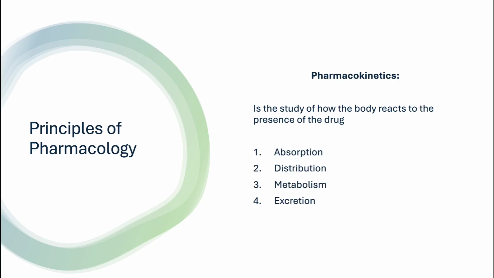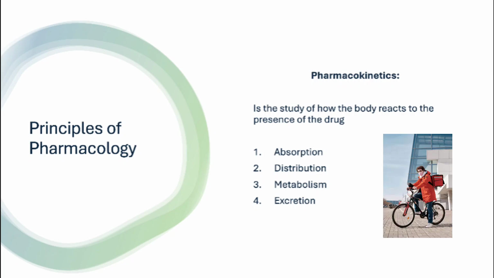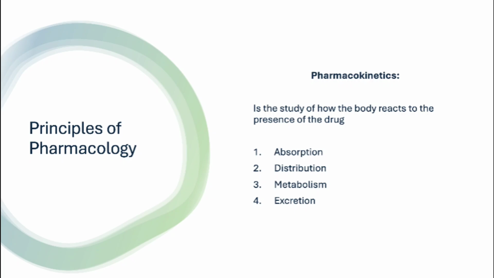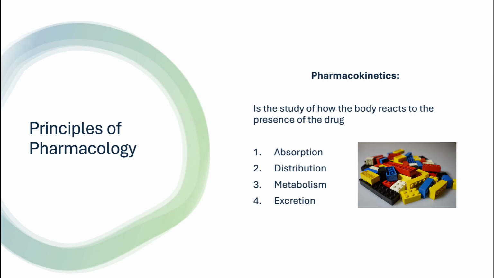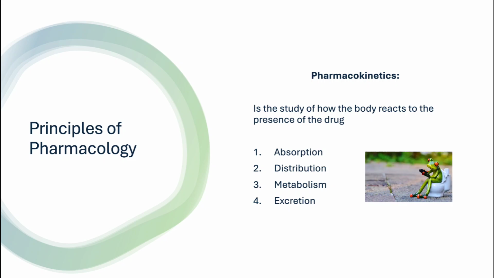Pharmacokinetics include absorption. It means after a drug is administered, how it reaches the tissues and then cells, and which factors can interfere with or enhance the absorption. Distribution, how the drug is delivered to tissues. Metabolism is the process by which the body breaks down and converts a drug into substances that can be more easily eliminated. Excretion, how the body eliminates the drug. That can be through the feces, urine, sweat, even breath.